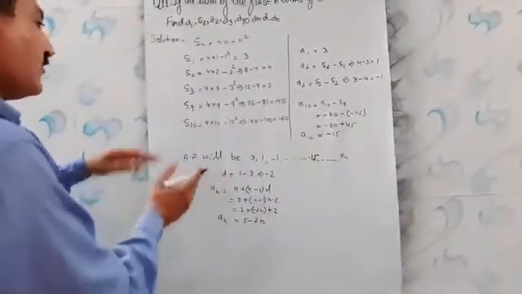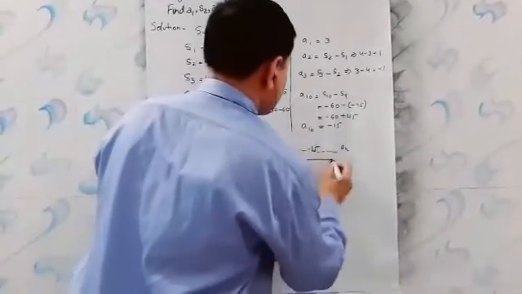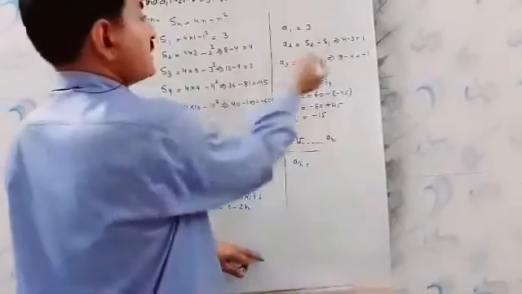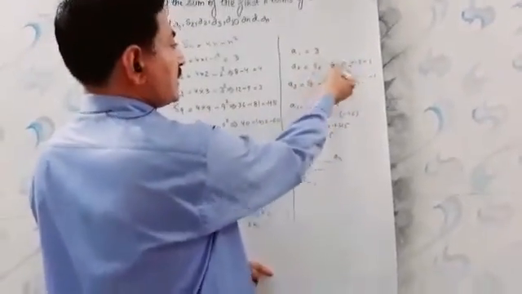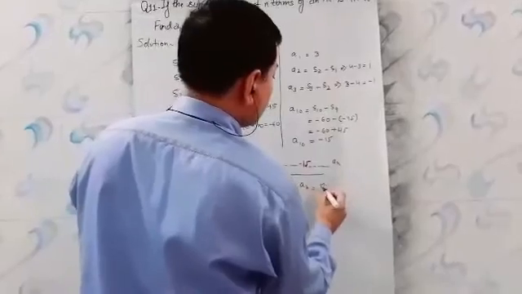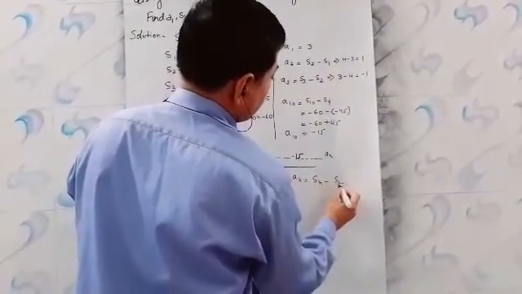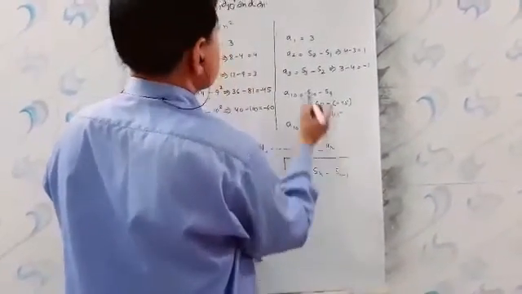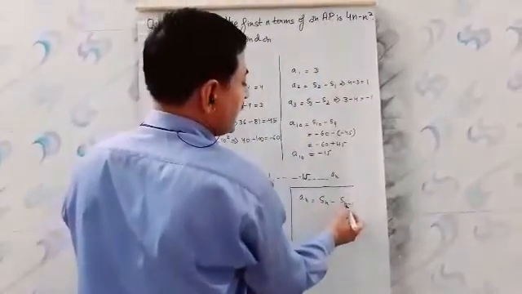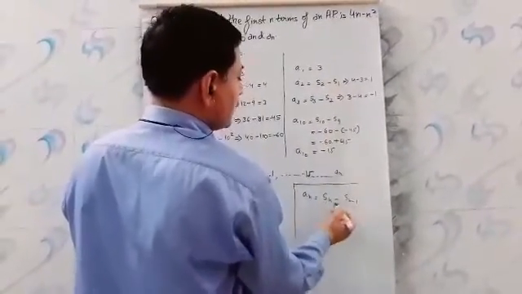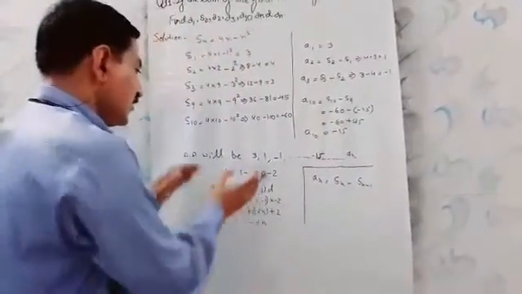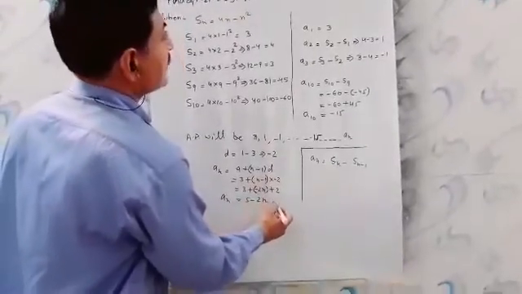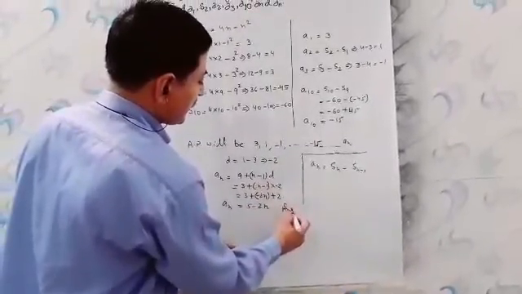So this is the simple way. Otherwise, if you want to do it with the formula directly, you can do it this way also. You know that an, the nth term, is Sn minus Sn minus 1, just like we subtracted the first term from the second term to get the second term. First we find Sn, which is already given, 4n minus n square, and then Sn minus 1 by putting n minus 1 in place of n. By this formula also you can get that answer. But this is the simple way. So therefore this is correct. The nth term equals 5 minus 2n. This is the answer. Thank you.